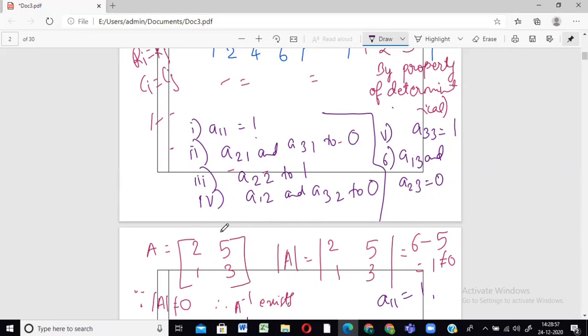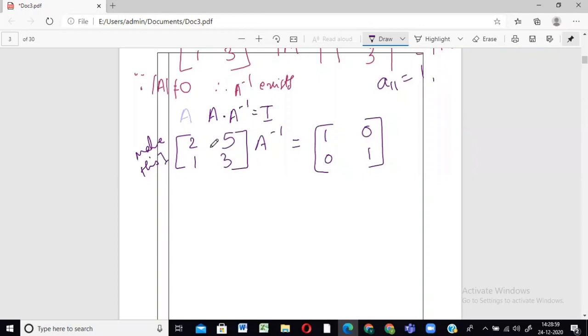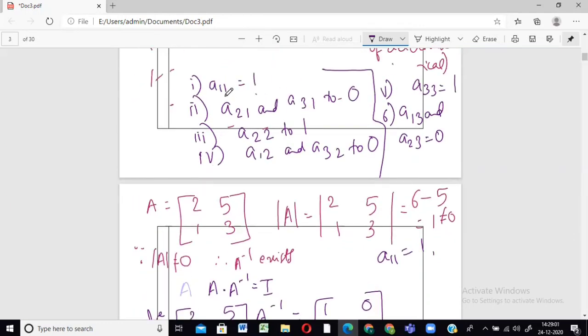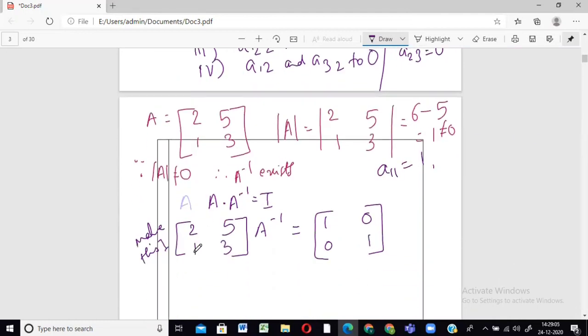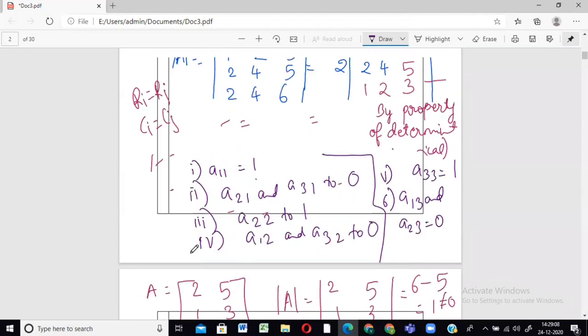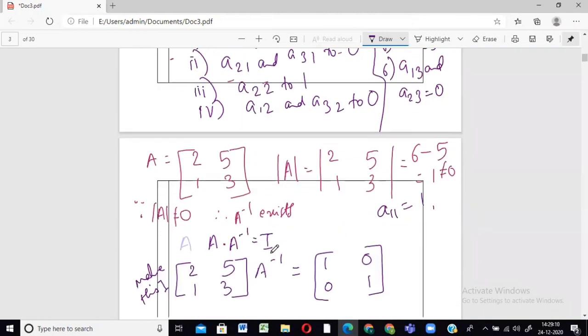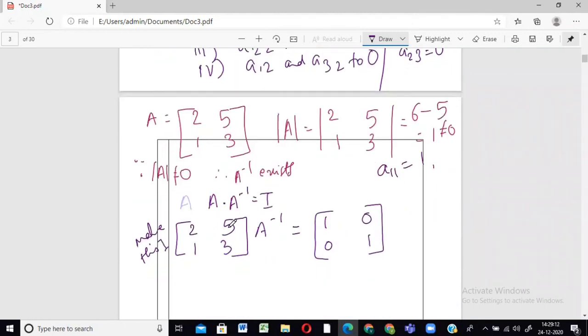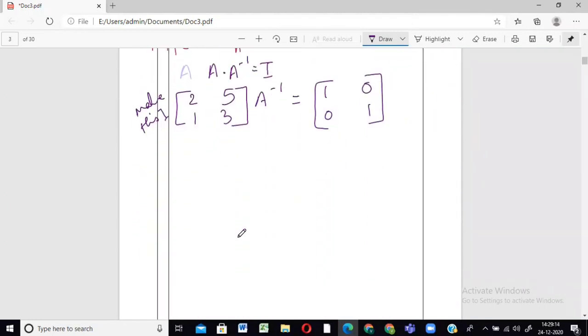So we have to make this identity. A को identity बनाने के लिए you have to follow the steps. The same procedure. A11 we will first make 1, and then A21, this element, we'll make 0. Then A22 as 1, and then this one will be 0. That's the procedure that you're going to follow. Most of the time this will work. Sometimes it may happen that it's a little different, but still you get the answer. Most of the times if you do it like this, it will be better.